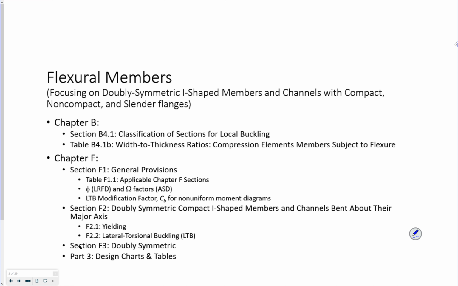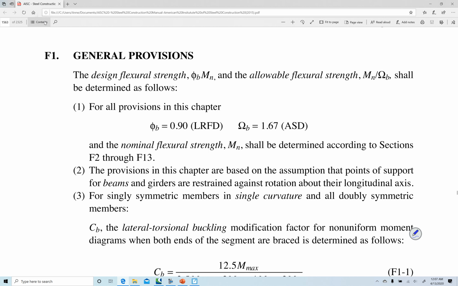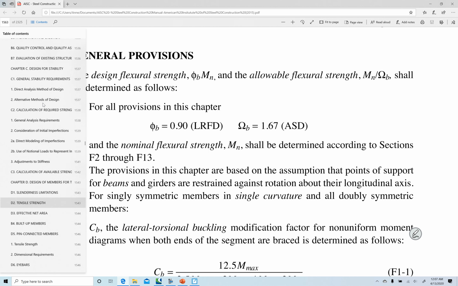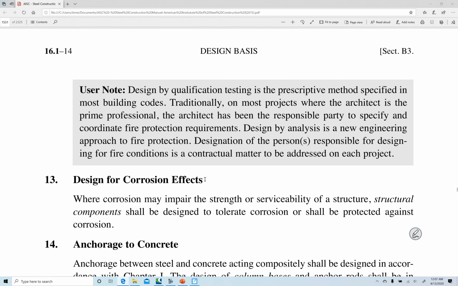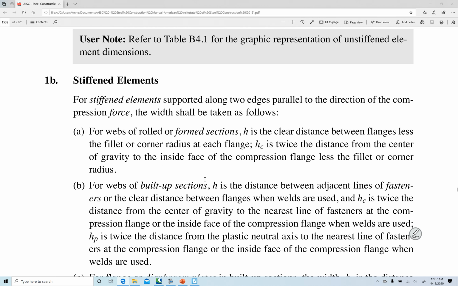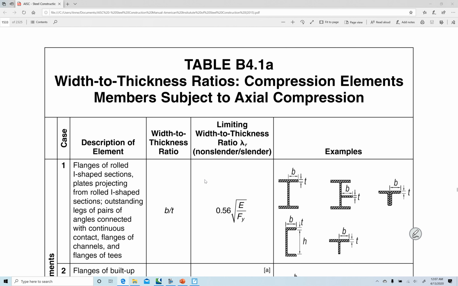First, we're going to talk about where we're talking about in the manual. If you go to chapter B, is whether or not local buckling will occur. And this is on page B4, this is slightly out of date, but if I go to table B4.1a,